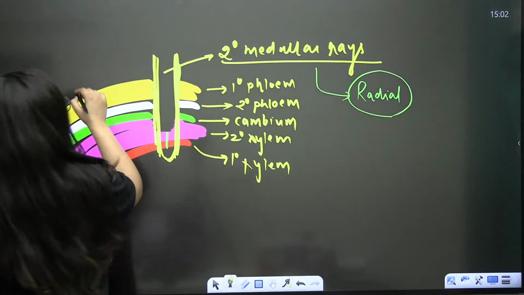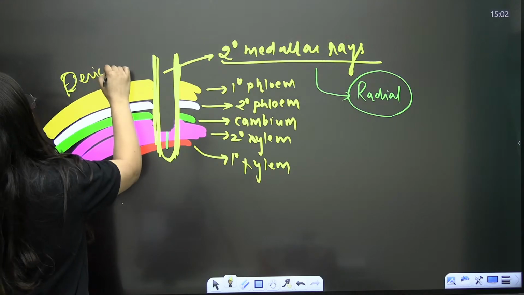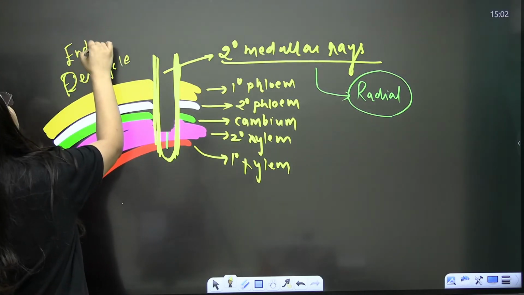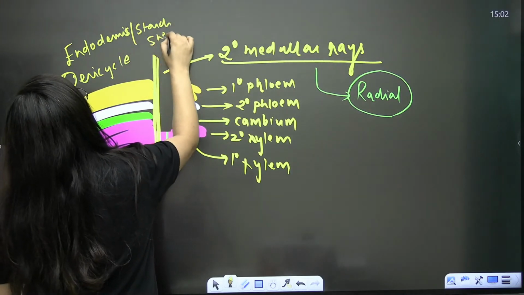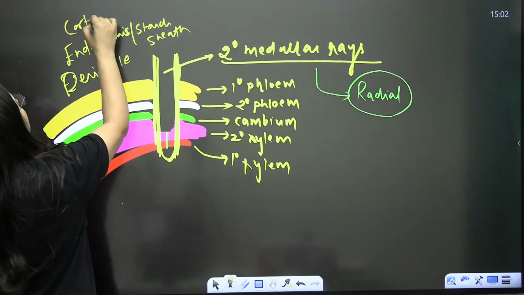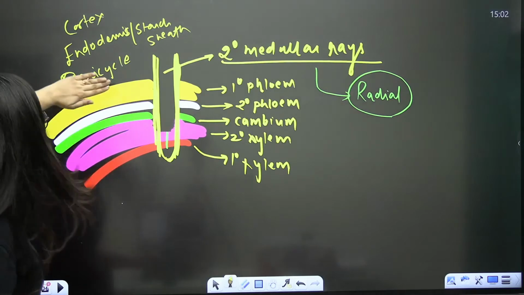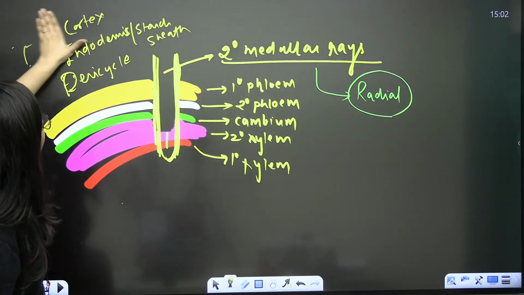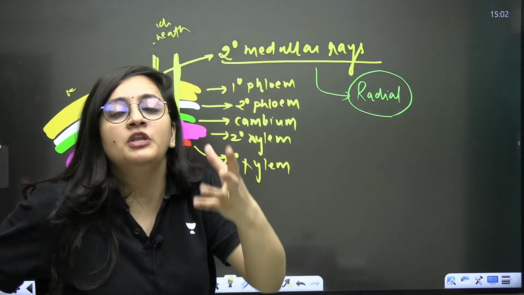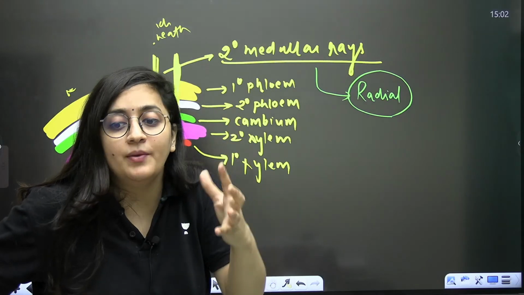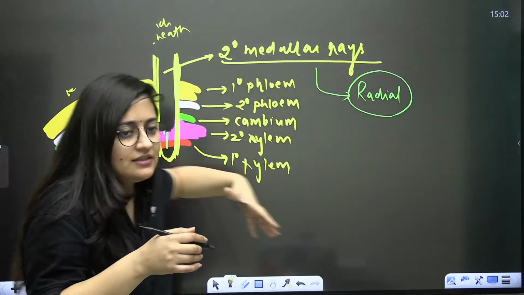In the surrounding you have the pericycle cells here, right? You have the endodermis here, basically the starch sheath, because it is the dicot stem. You are having the cortex here. So ultimately, when all these cells and this tissue are increasing, they are going to exert pressure here also, and break it, rupture it as well. So we need to form new cortex, and we need to form new epidermis, because the tissue that is increasing is breaking the outer layer.